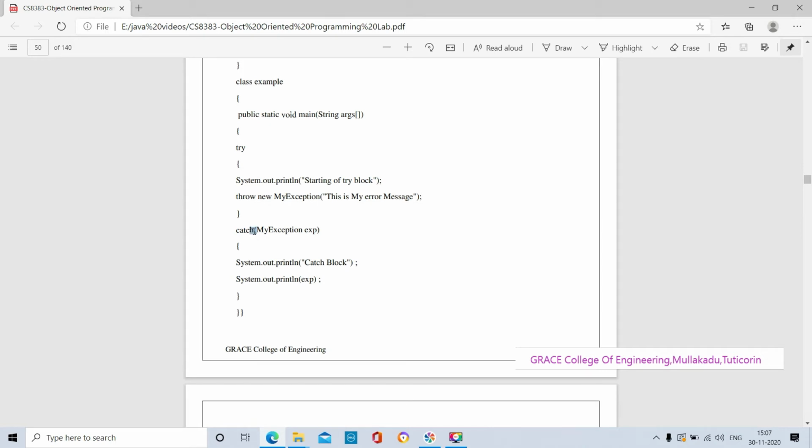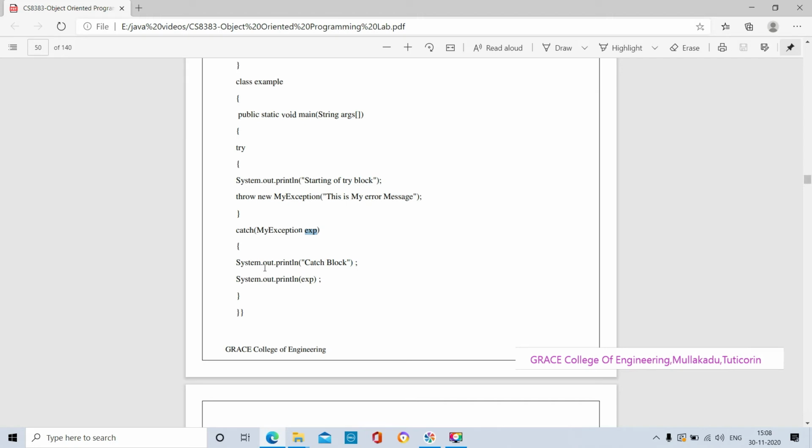So the catch block is used for handling the exception. Now the catch block is catching the exception thrown from the try block. The try block finds the exception, and by using the throw keyword it is throwing, or controlling, the particular exception from the try block to the catch block. Now the catch block contains some statements to handle the exception. From the opening curly brace to the close curly brace, it has the catch block statements. These statements are used to handle the exceptions. How to handle? It has some techniques. Here MyException is the class. Here we are creating the instance, the exp object.